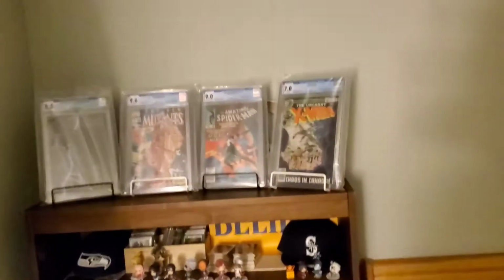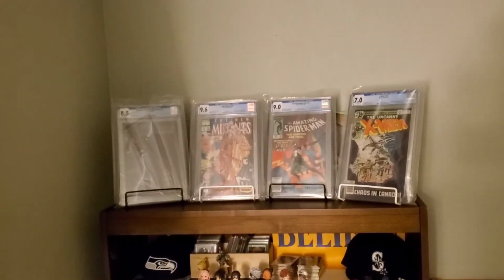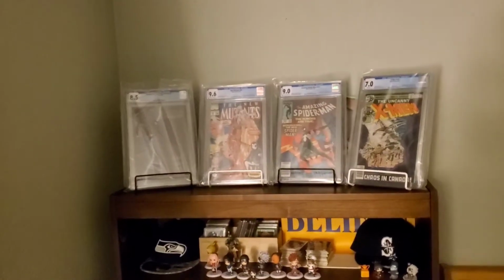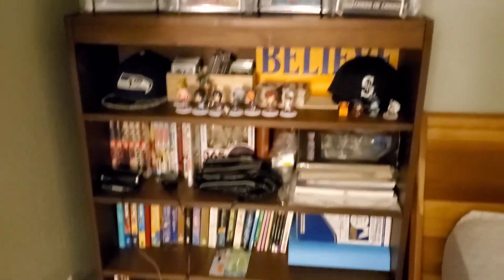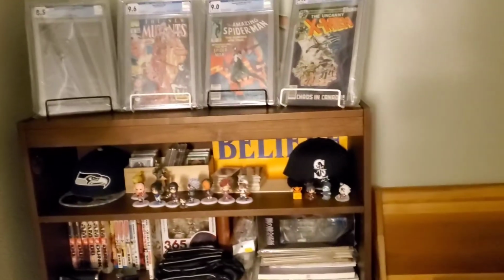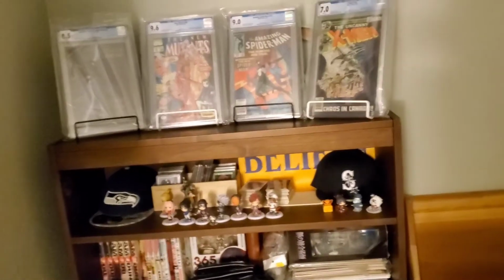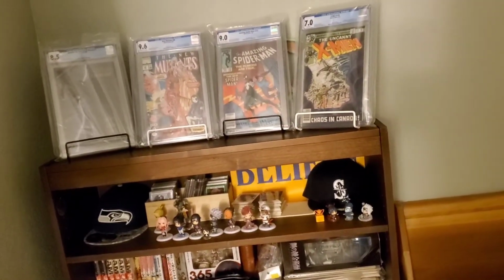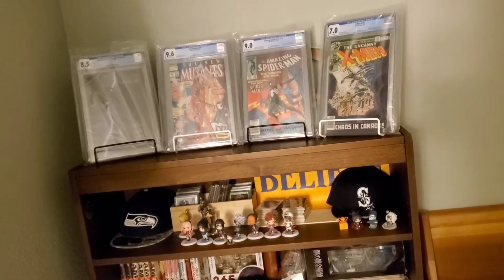So I'm in the process of... I don't live in a big house, so there's not really room or space to create a quote-unquote man cave. This is pretty much as close as I'm going to get to a man cave, a bookshelf. Now I've got more toys and comics and sports cards at my parents' place. I am probably at some point going to make it over to where they are and take all that stuff up